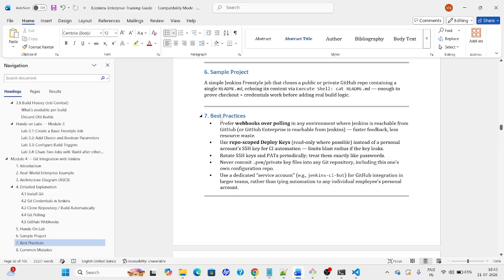So the best practices with the webhooks: prefer webhooks over polling in any environment where Jenkins is reachable from GitHub. So in real time, most of the time you have to use the webhooks only. Don't use poll SCM or build periodically, because that will take time to get the update. But when we use the webhooks, it will automatically take the updates from the GitHub repository and trigger the job much faster. GitHub Enterprise is reachable from Jenkins, faster feedback, less resource waste. That's why we use